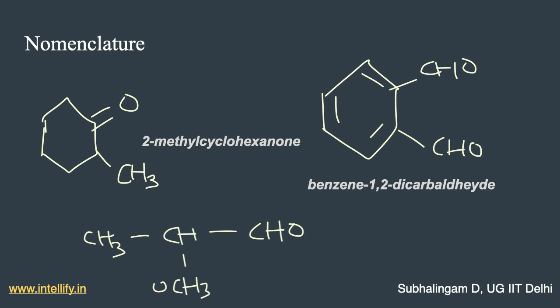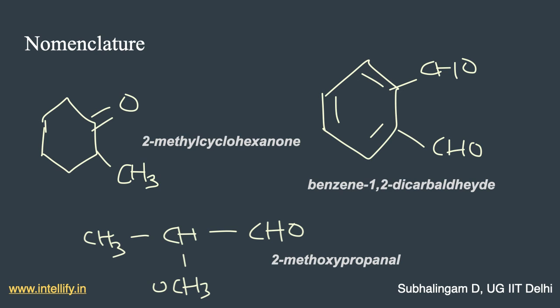The final example, that's an ether group, by the way. OCH is an ether group. We have seen this in the previous unit. And this again is an aldehyde because aldehyde is more important than the methyl or ether group. So we're going to name this as 2-methoxypropanal. 2-methoxy is a substituent at the second carbon.